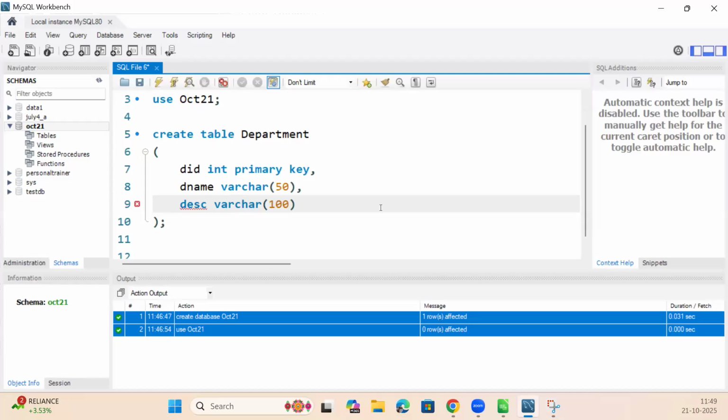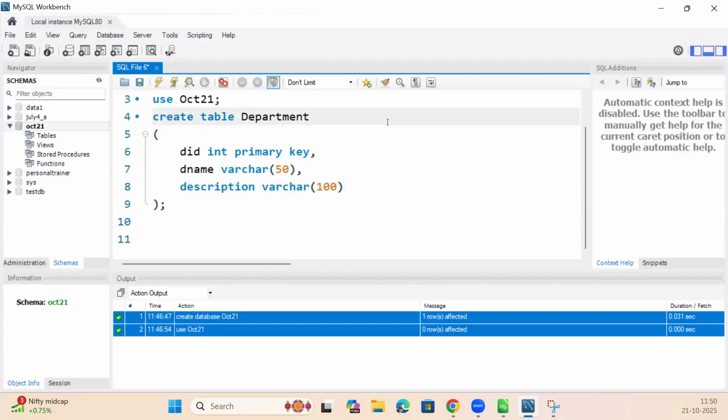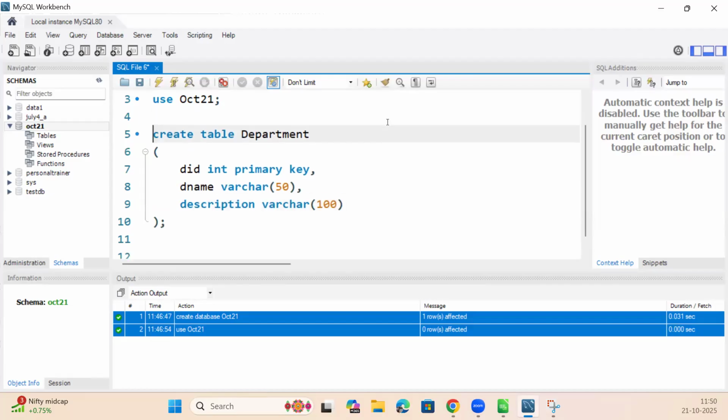DS is a command, no? So it is giving like that. This much, if it is written,